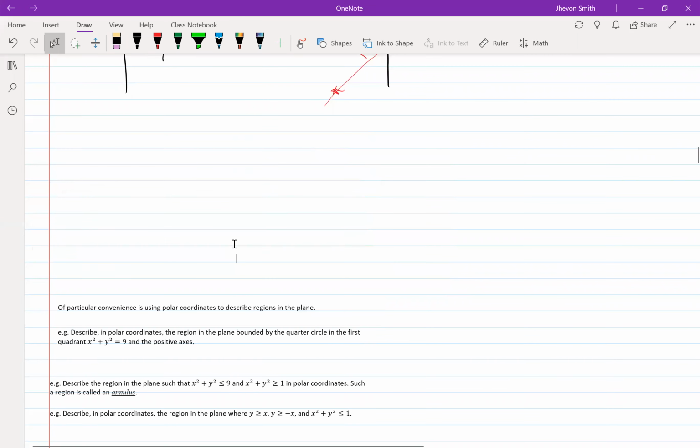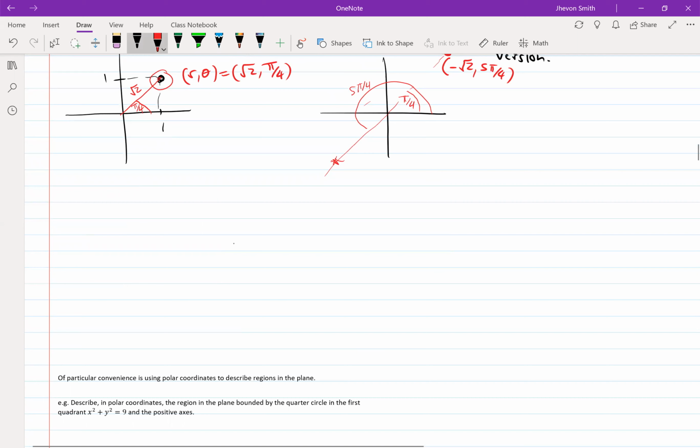The other one, 0 comma 2. So our r squared is going to be x squared plus y squared. So this would mean that your r,